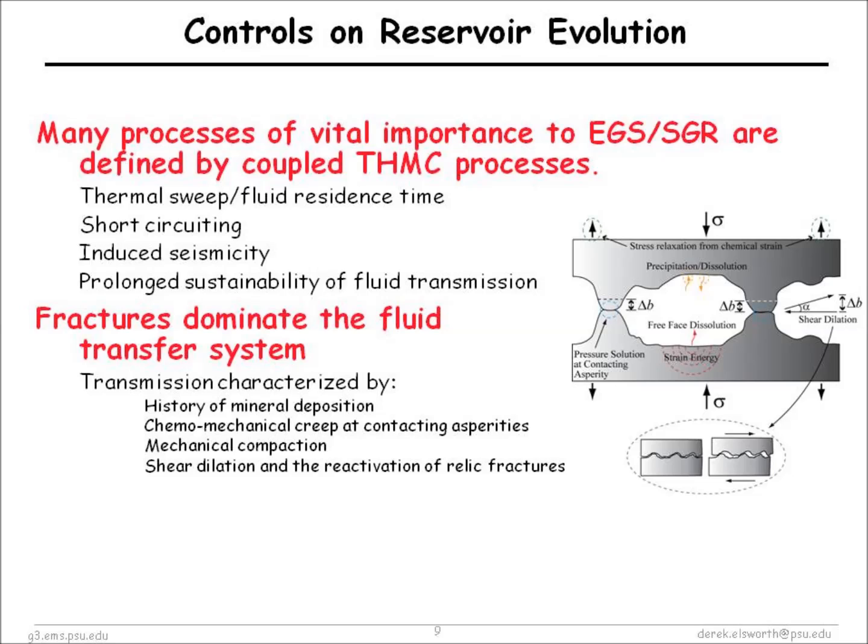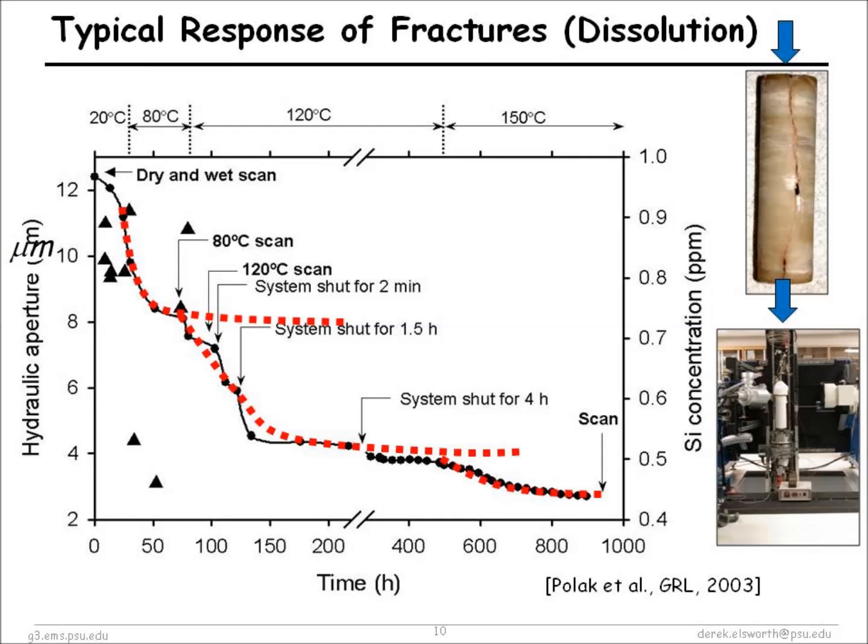The processes you have: you can dissolve material from the pore space. You can, by pressure solution, embed or intergrow these point contacts into each other by elevating solubility. And it's this process at the grain scale or at the fracture asperity scale which is going to control your behavior. So these are a couple of examples of some experiments over relatively short time periods in the laboratory,